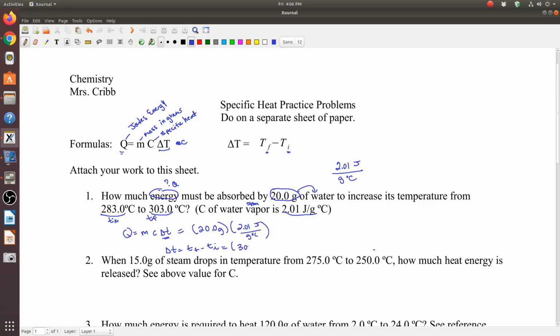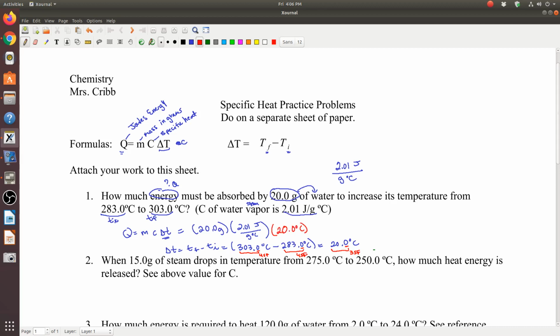So 303.0 degrees Celsius minus 283.0 degrees Celsius, and that ends up giving me 20.0 degrees Celsius. I want you to notice that the temperatures go to the tenths place. So we have to keep the tenths place when we do the math. This one has 4 significant figures. And this one also has 4 significant figures. But this number only has 3 significant figures. And it's because of subtracting, we go by place value. We don't count them. So we put into this formula the